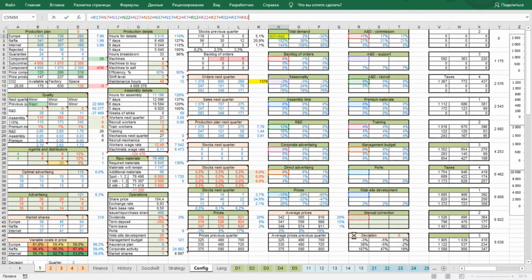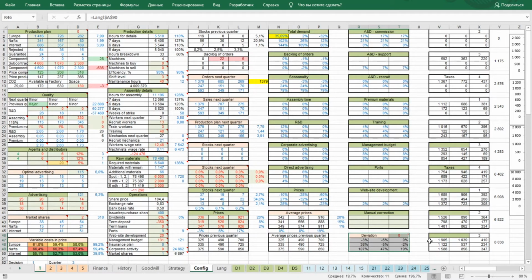So the normal deviation of the demand forecast from the actual number of orders is in the corridor plus or minus 10%, because the model is configured according to the average value, but it can reach up to plus or minus 20% when using extreme decisions, or even higher.